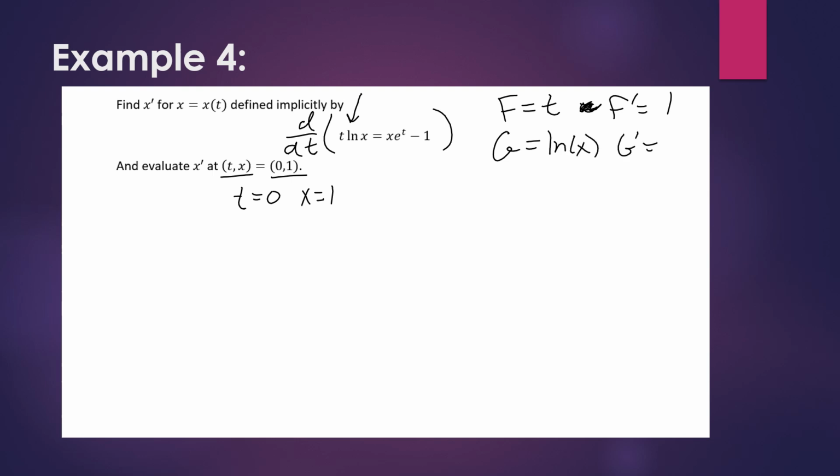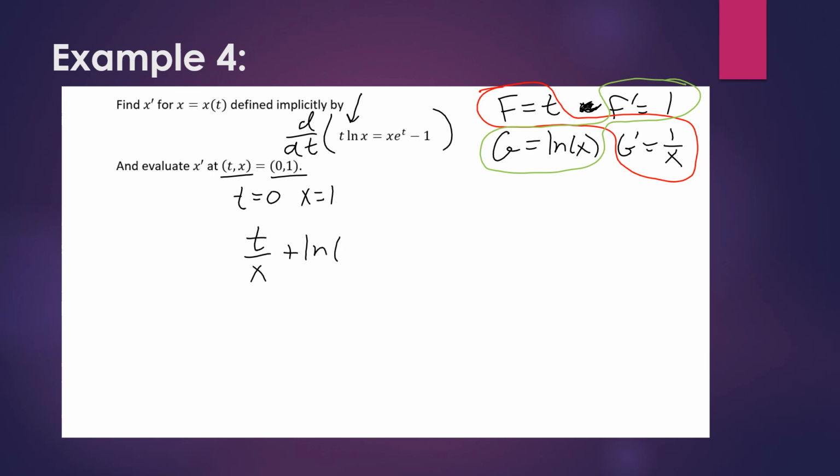So the derivative would be 1 over x, cross multiply and add. I'm going to do t times 1 over x plus 1 times ln x. And that is going to give me a left-hand side of t over x plus ln x equals,